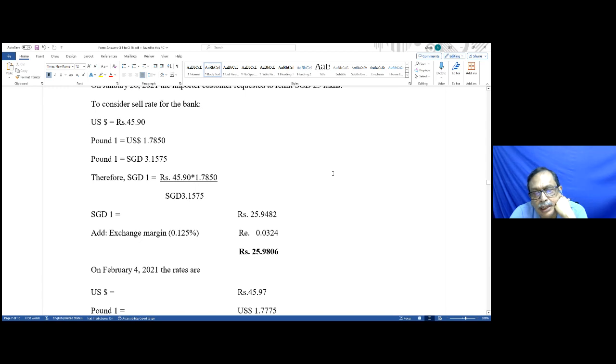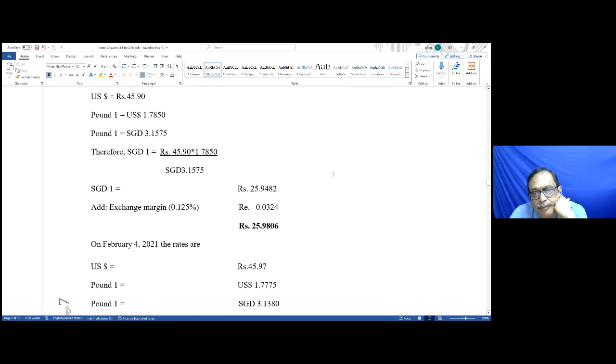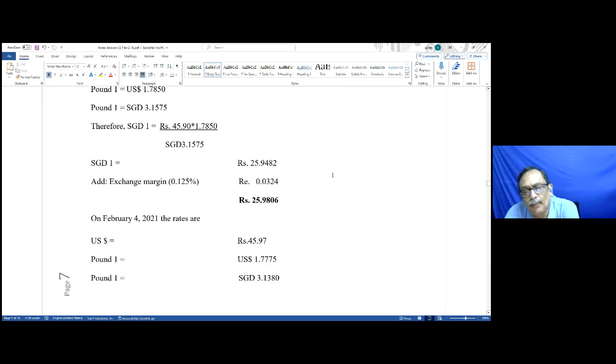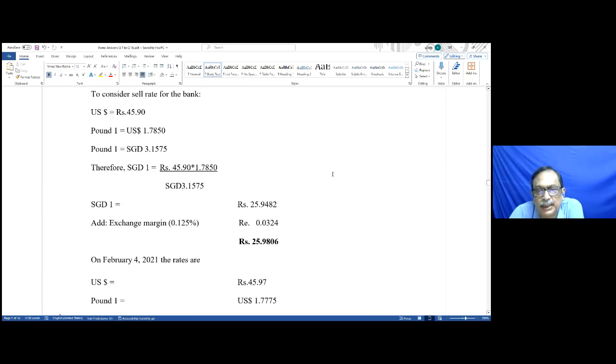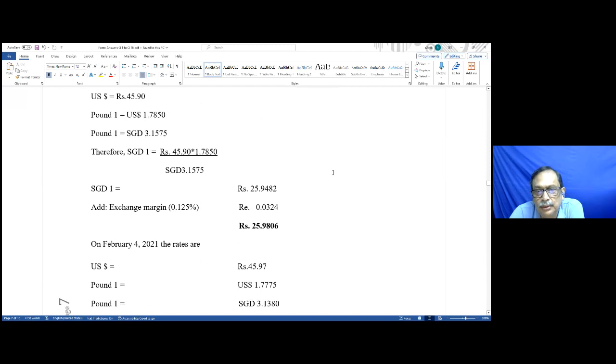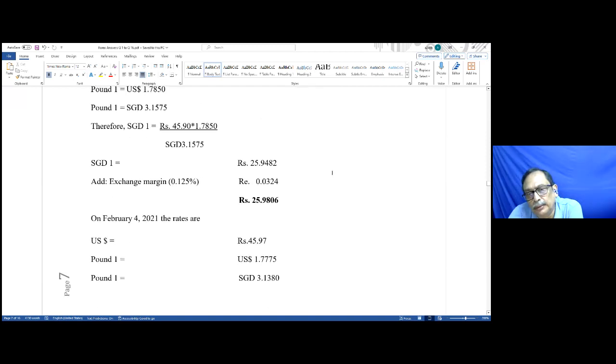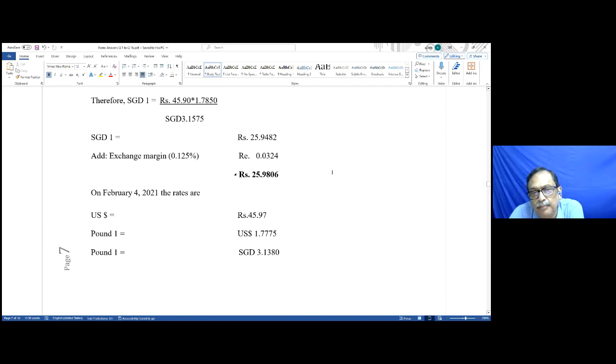Then we get the 1 Singapore dollar rate, that is 25.9482. Exchange margin, that is 0.125%, which comes to 0.0324, and the total is 25.9806. On February 4, 2021, the rates are